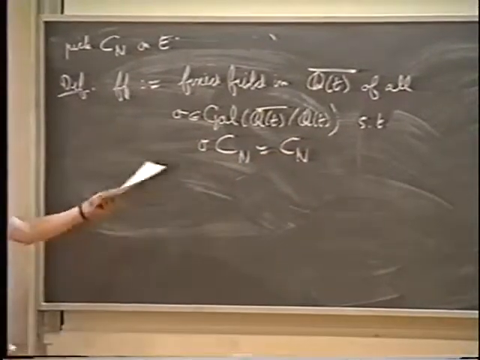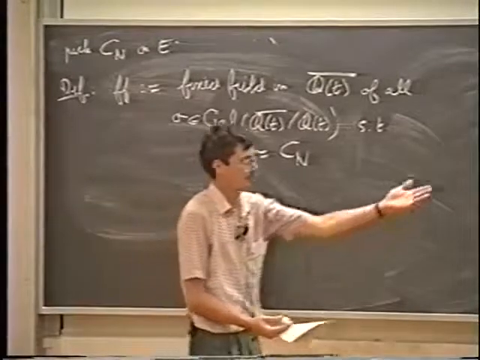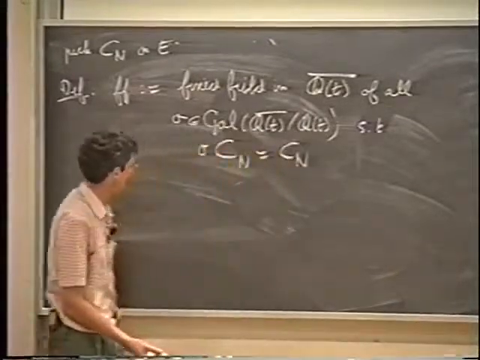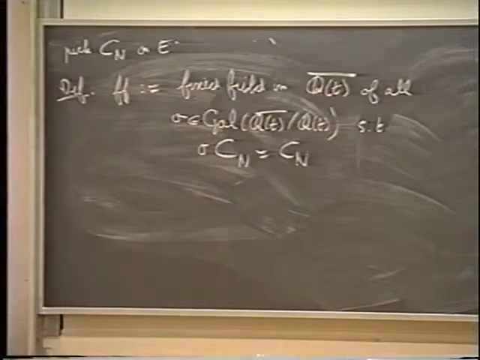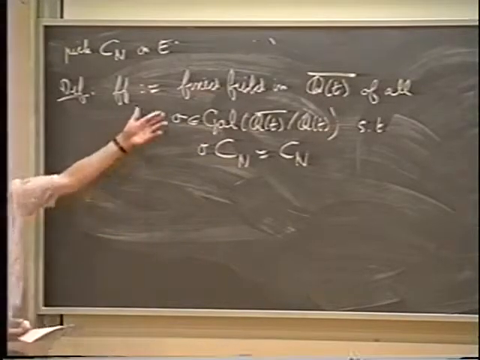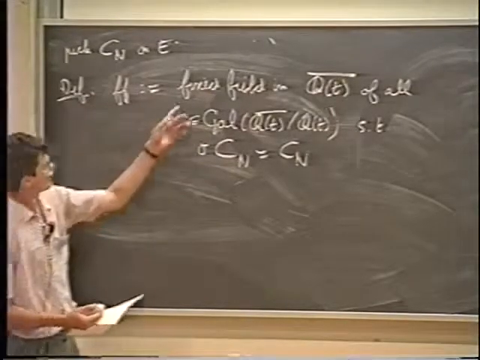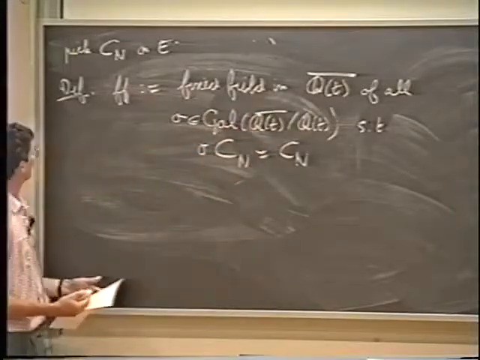I mean, it acts on the cyclic subgroup because, if I give coordinates like this, it acts on the coordinates and sends points of order n to points of order n. It's just the kind of representation that we've seen before. So I take these sigmas, and I take this fixed field of all of them, and that will be my